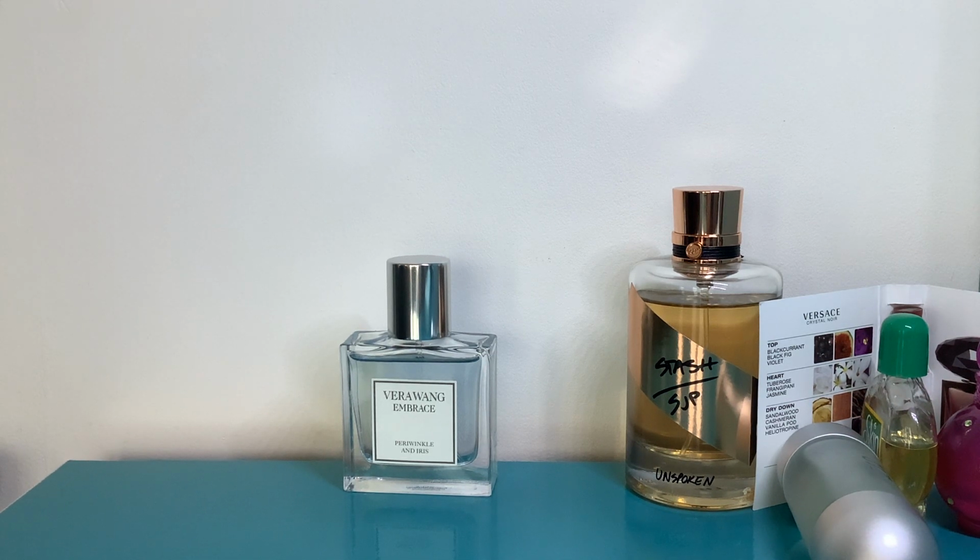I'm pretty sure this is the sweetest thing that I own. In colder weather, definitely I get more of the violet. In warmer weather, which, to be honest, I don't wear this in warmer weather, but when I've tried it and gone, oh, I can't wear that in warm weather, it's too sweet, the iris comes out a bit more, but you definitely get that sort of powdery iris going on. But the violet is definitely there, and you definitely get a little hint of mandarin orange, at least at first, and then the more it dries down, it's like creamy and sugary and slightly...